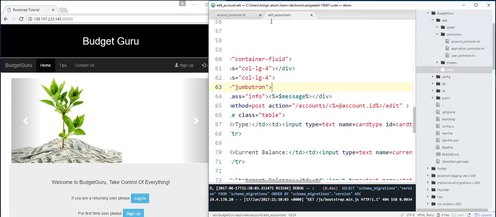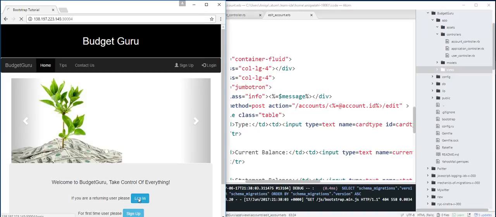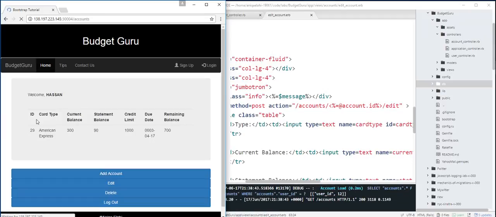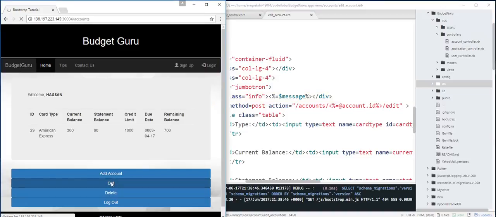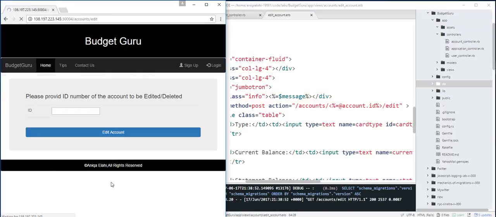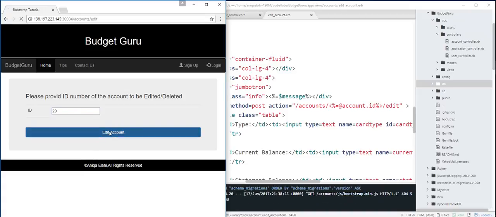Okay, so I'm showing you the edit page. What happens when I log in? Because I was logged in, I never logged out of that, so it's going to show me Hassan. When I do edit account, it's going to take me to a page where I will provide the info, the ID. After that, it will take me